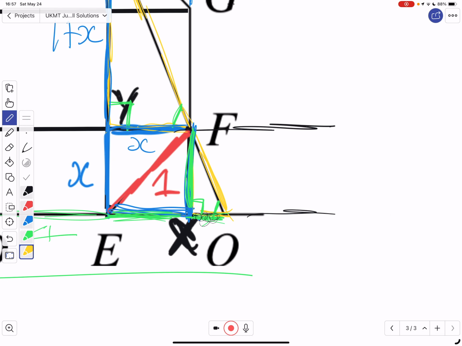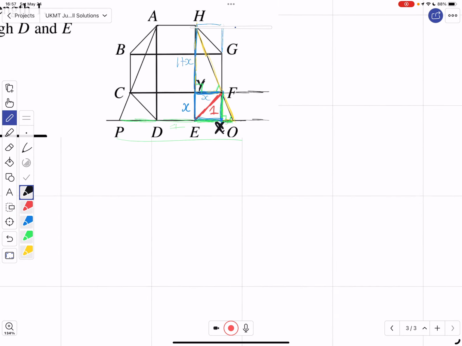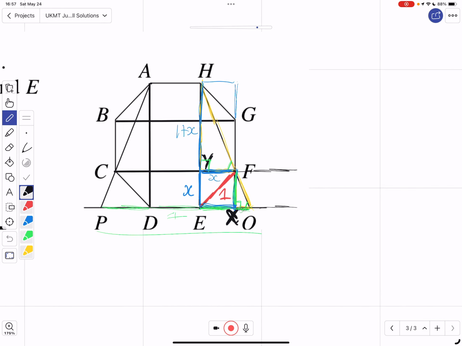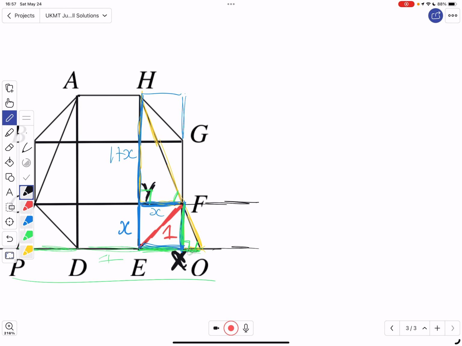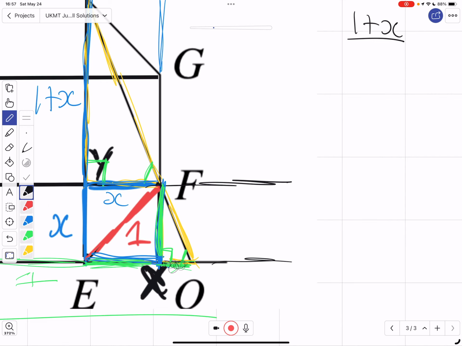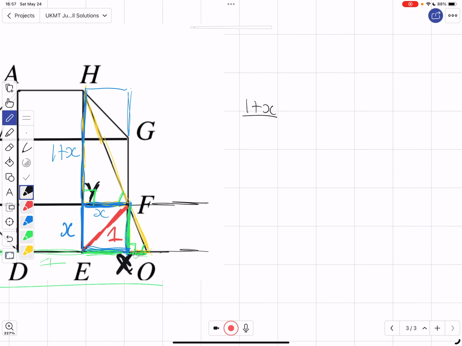Proportions. Yes, I've done many videos on proportions. Well, using proportions, we can set up the proportion over here. Since they're similar, we have proportions. So hy, which is 1 plus x, over the corresponding side, which is fx, which is the square root of 0.5,